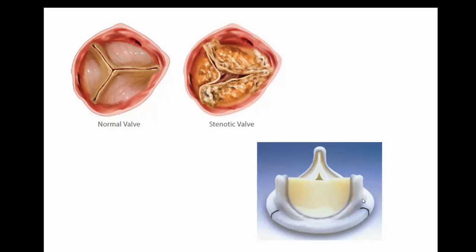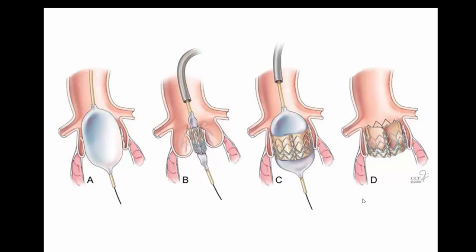More recently, especially in really debilitated patients, there is a new procedure which is called the transcutaneous aortic valve replacement. And this is how it is done. A wire is passed through this stenotic aortic valve, and over that a balloon is used to compress and break the old calcified plaque. And after it is compressed, a second catheter with an aortic valve mounted on that is moved and placed in position, as you see in picture C,